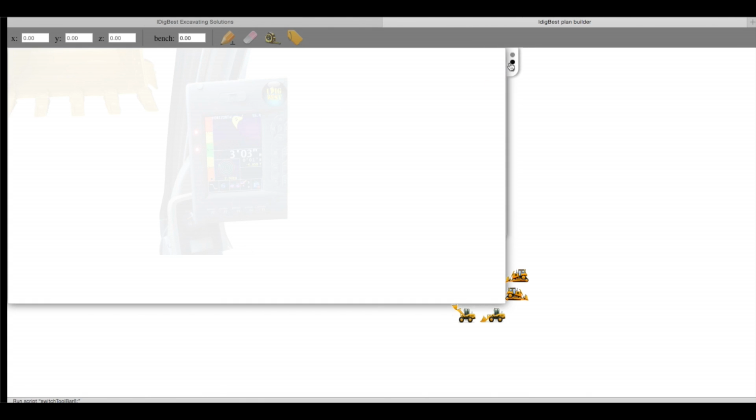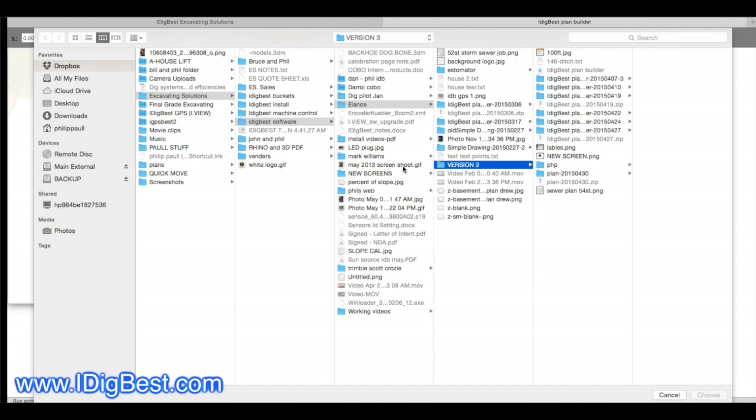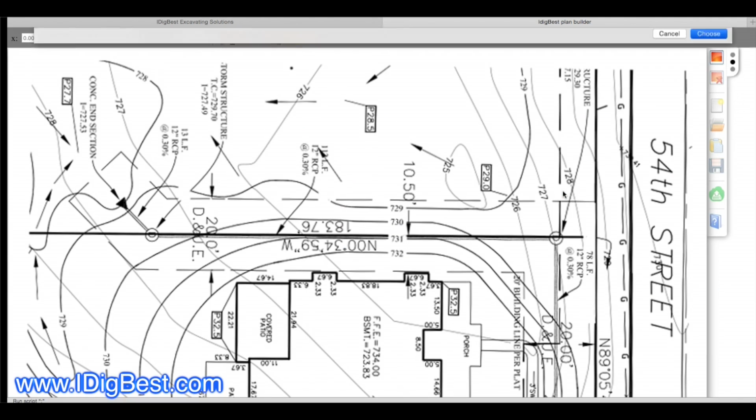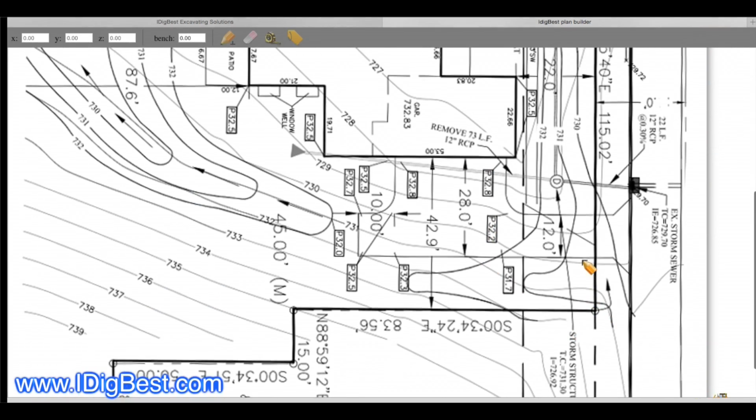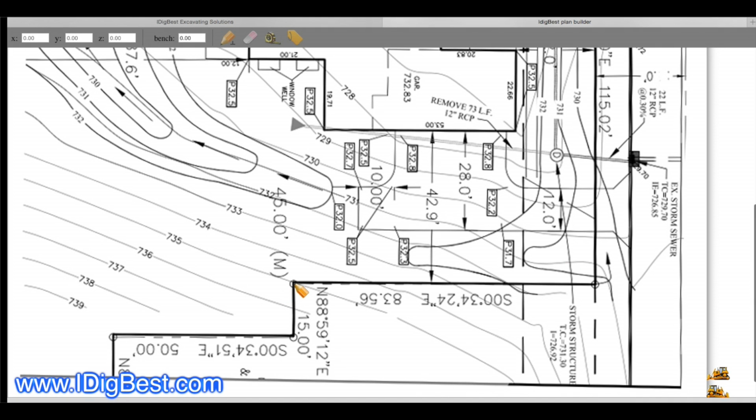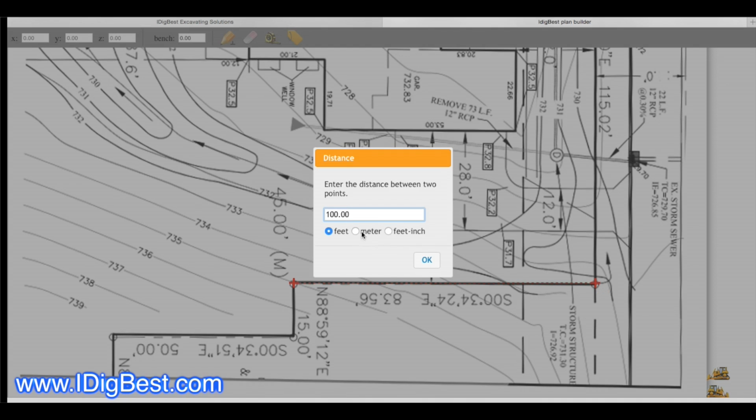Plan builder here, and let's do sewers today. So you've got a PDF, or you take a picture of it. PDFs are the best. Screenshot it into a picture, or just change it. First thing we're going to do is set up our scale, which we want to use some property lines or something for. This is